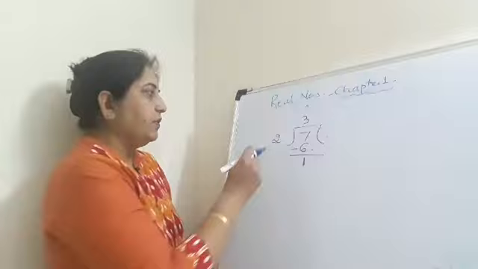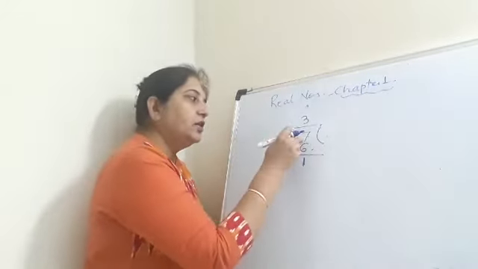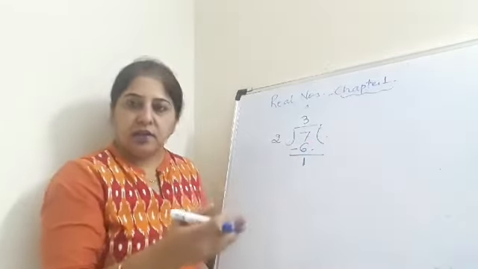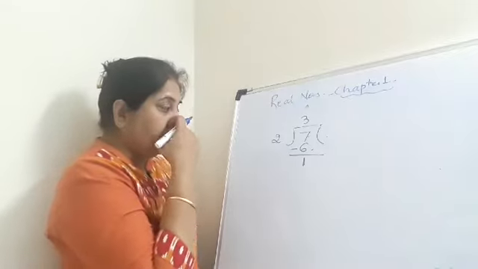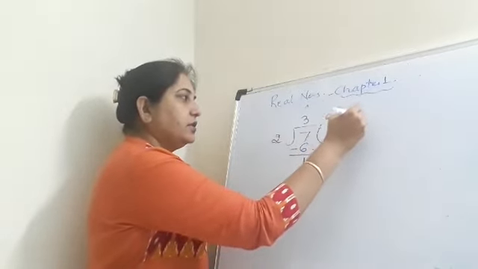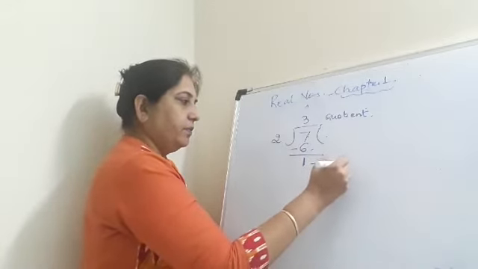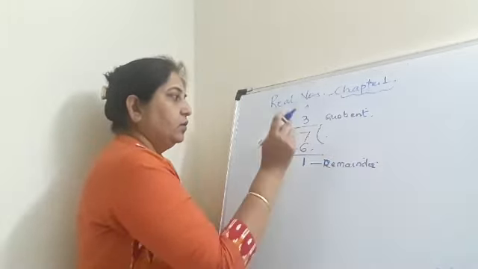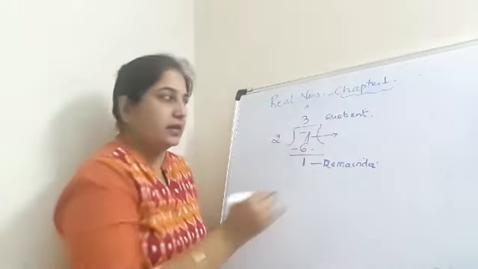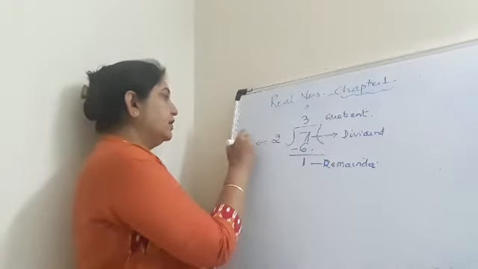Now in this complete procedure we have steps. Now what are the steps? First we multiply in our mind what number should come here. It should be either equal to the dividend, or it should be less than the dividend. All that you keep in mind, and then you start dividing. After that whatever number is suitable, you write here as a quotient. Now this is the quotient, right? Then you subtract, and then you write the remainder. Now this is quotient, this is remainder. What is 7? 7 is dividend. And what is 2? It is a divisor.